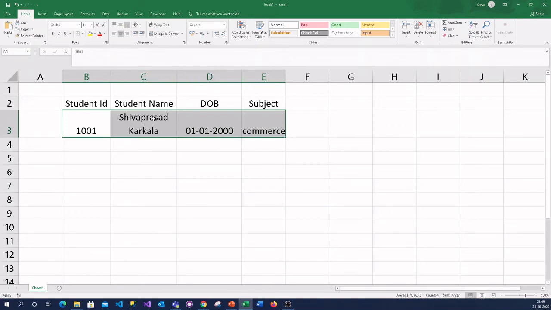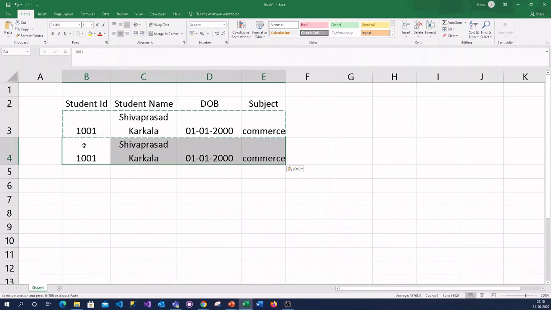Now the next step is, if I need to copy the data, I can select the total data and press Control C. When I press Control C, you can see the selected data has a border with broken lines as the border line. Now I have copied it. I can click on the next cell or anywhere else and press Control V to paste the data. See, the data is copied exactly from the third row to the fourth row.